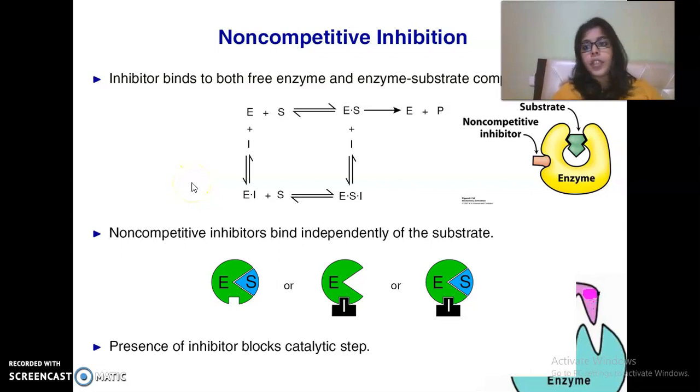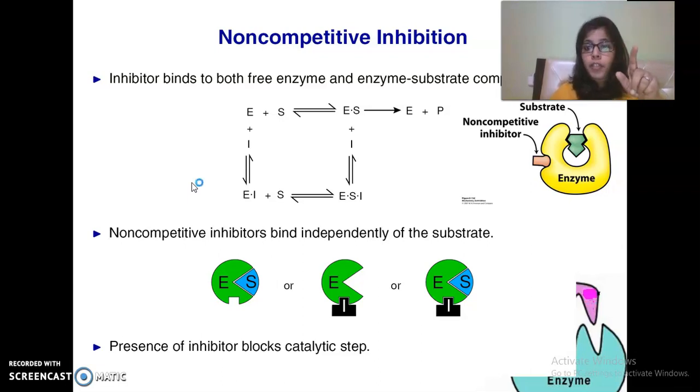Last time we have seen enzyme inhibition, where we saw competitive inhibition and non-competitive inhibition. We just revised non-competitive inhibition. So competitive inhibition was when the enzyme was acting on the substrate, that is free enzyme, and substrate and inhibitor were mimicking each other and then they were in competition.